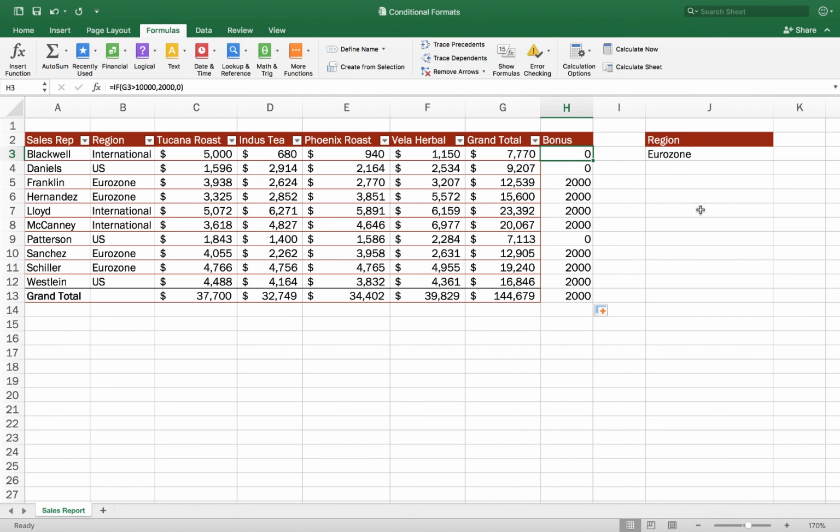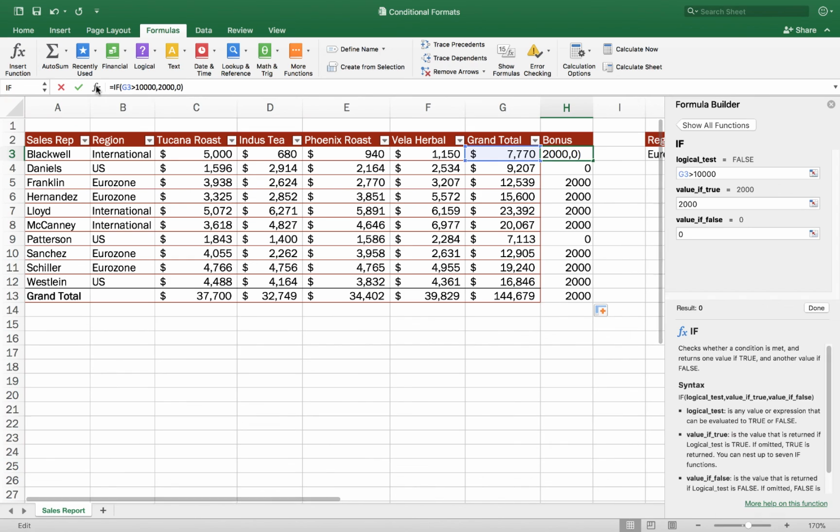So we know it's a function. If you wanted to find out what this function does, if you didn't know what this function is about, or if you wanted to make changes to the function, check this out, you guys. Just click in the cell that's got the function in it, then go up to the formula bar, point at the FX button and click, and look what that does. That just opens up the formula builder.